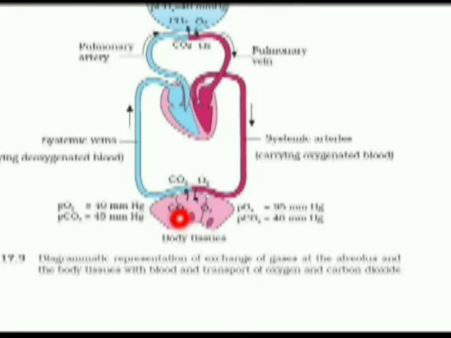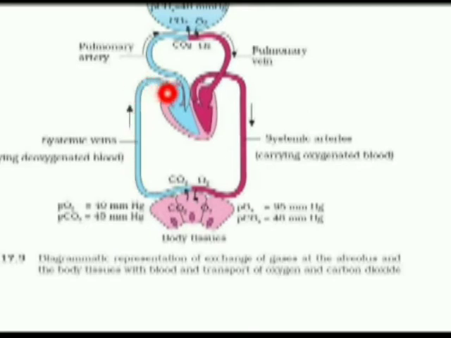the carbon dioxide, which is mainly produced through metabolic activities inside the body tissue, diffuses into the capillary blood because of the partial pressure. The partial pressure of carbon dioxide inside the tissue is 45 millimeter Hg, whereas the partial pressure of carbon dioxide inside the blood capillary is 40 millimeter of Hg. So according to the law of diffusion, this carbon dioxide enters the blood capillaries, and then this deoxygenated blood